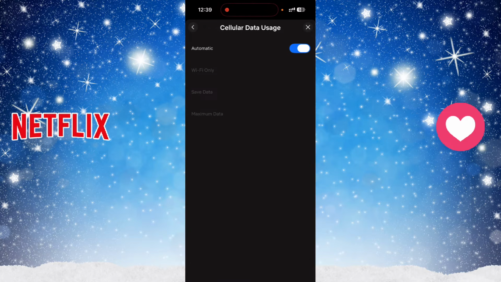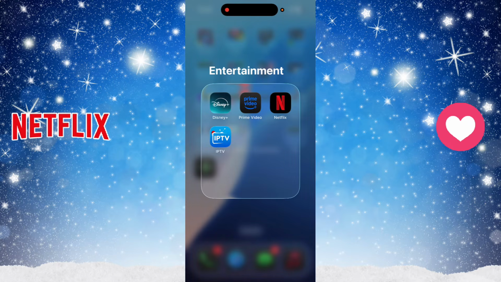Here, it should be Automatic, but if it's not, you should set it to Automatic, because with Automatic, Netflix will work if you are using Wi-Fi or also if you are using mobile data. So those are the solutions that will make your app work again. And if the app is still not working, you can try another thing, which is deleting